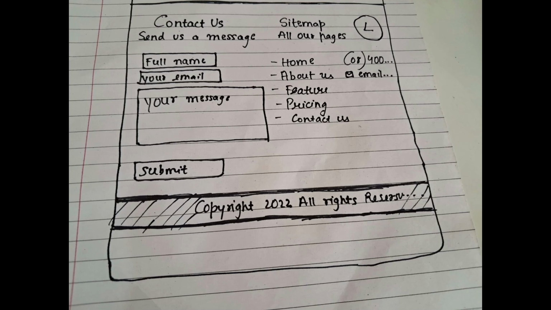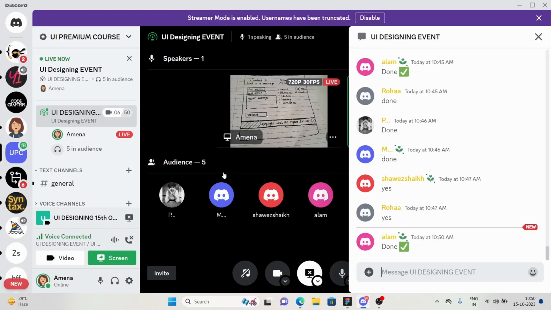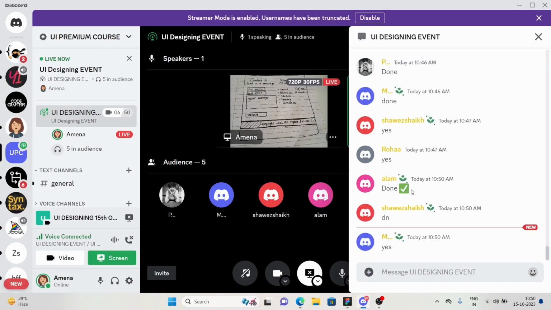Just type anything. Finally, we'll type in our final project, right? We are completely done with our level 3, which is to make the wireframe, correct? Now we will be starting with our level 4, which is the